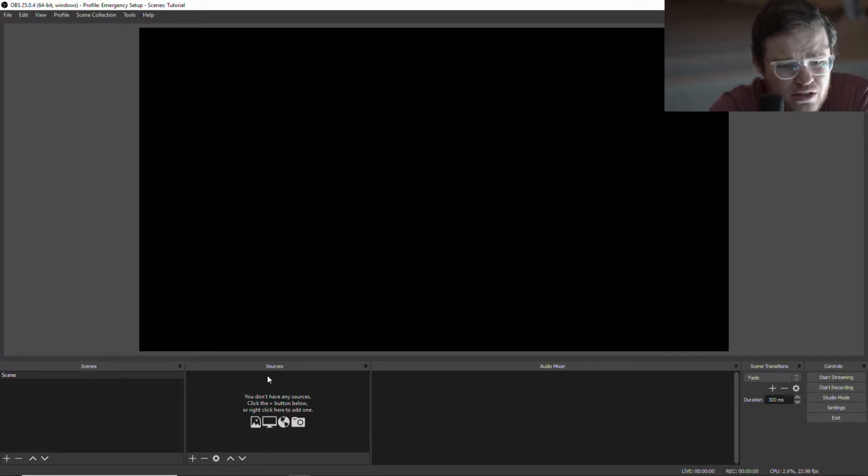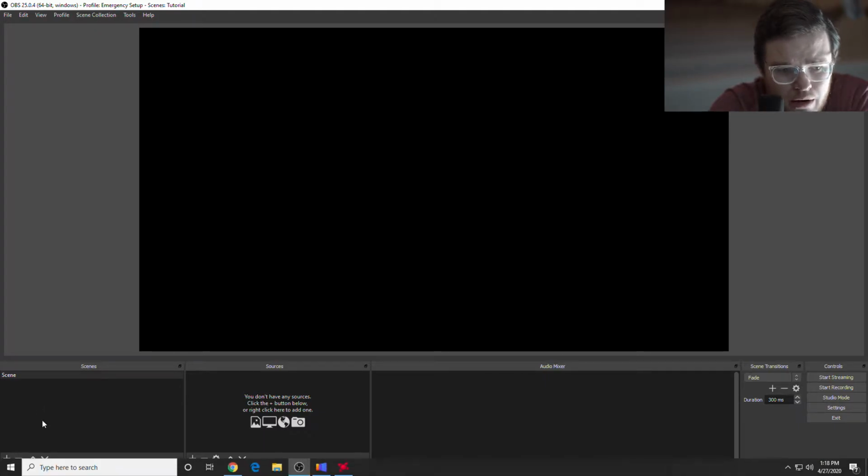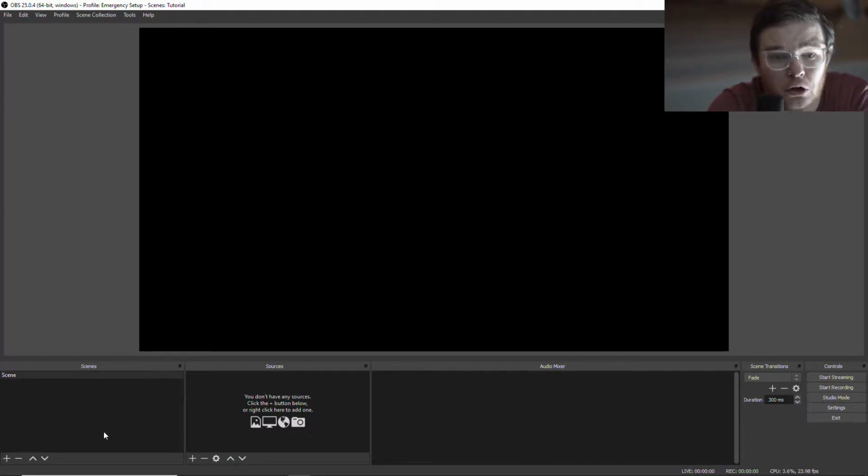So this is the screen that you'll see when you've downloaded and installed OBS and open it up for the first time. And let me just give you a quick overview. This screen here obviously is what you're displaying, what you're going to be sending out to your stream. And then down here in the bottom, you have scenes. You can add however many scenes you want that are going to look differently, and then you can switch between those. Then in your sources panel, that's going to be all of the things that you have coming into